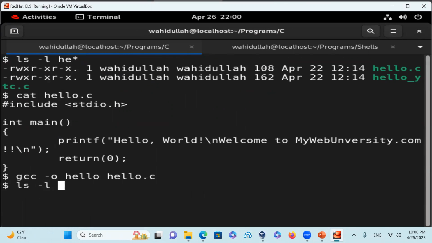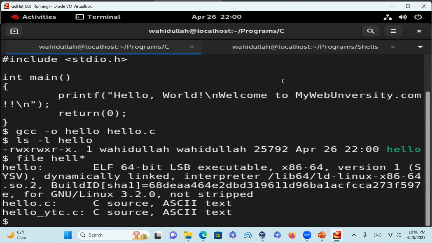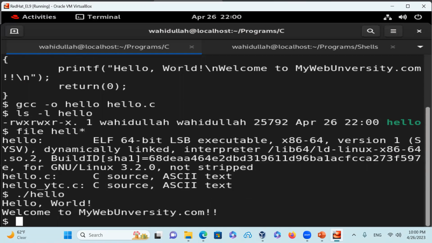So now I created this hello out of that source file, and it's executable. So if I say file hello star, you can see hello.c is the source code, and then the other one is executable. So if I want to run the hello program, you can see that it's just running hello world,